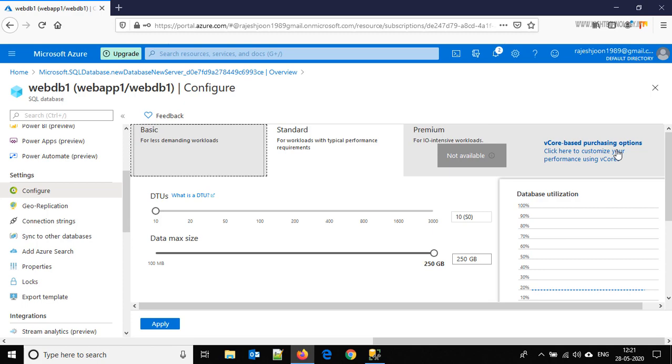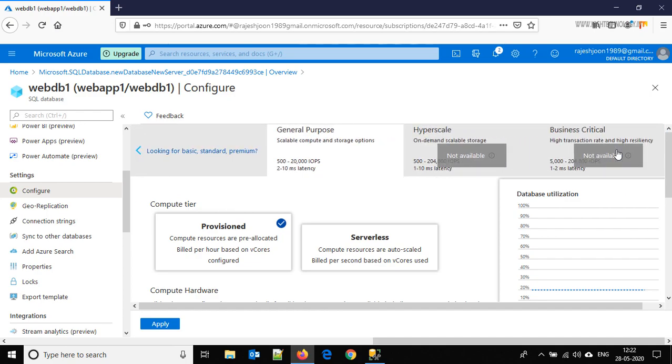And the DTU is the database transaction unit based purchasing model. This purchasing model provides bundled compute and storage packages balanced for common workloads. So it is just for common workloads, mainly for production servers, and DTU is only for normal workloads.